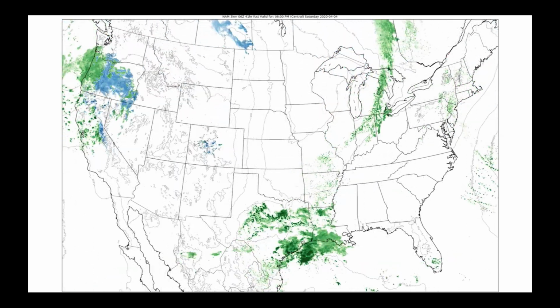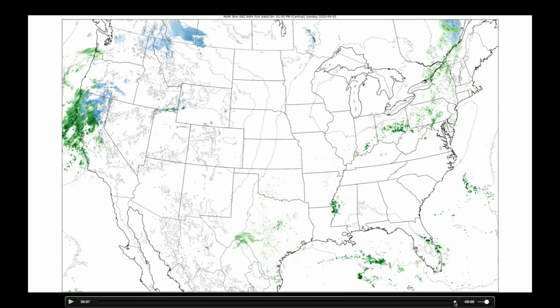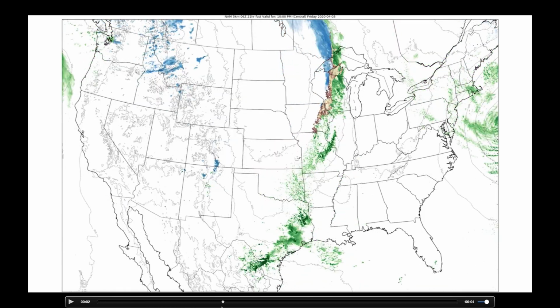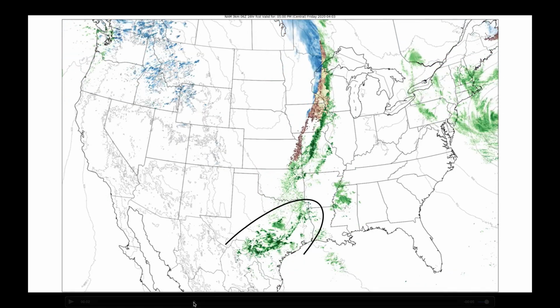This is coming from our NAM model, high resolution NAM model. What you saw here is as that front just slowly moves toward these, see right here, I'm just kind of fast forwarding from about 7 o'clock this morning on Friday through about 7 o'clock this evening. You can see the main frontal boundary just pushing through here. So if we're going to watch an area for strong to severe thunderstorms, it'll initially be in this corridor here